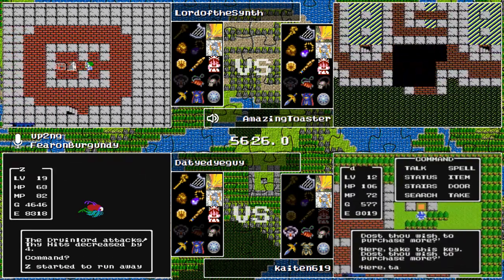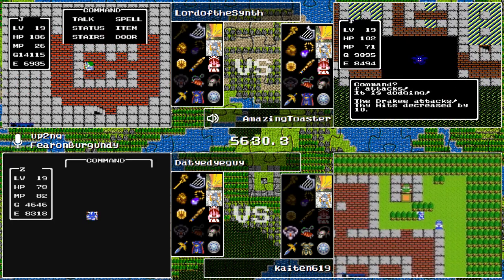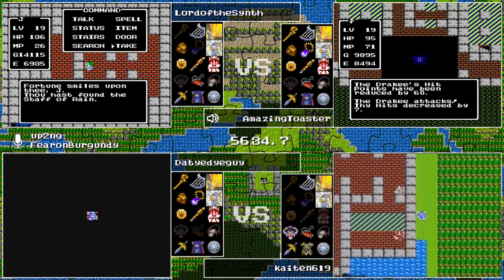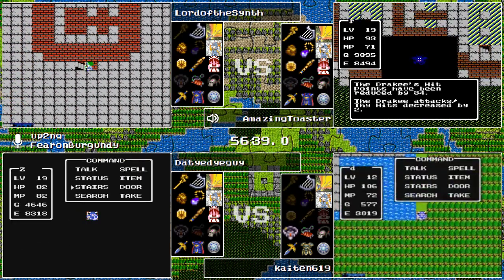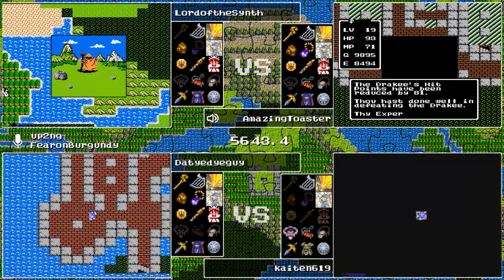Meanwhile, the Datyedyeguy, I believe, is on the bottom levels of Sharlock. He's got a bit more MP saved up. Maybe AmazingToaster feels like he's going to have to go back and heal up at an inn first anyways, so he's just doing a little grinding. And he'll definitely be able to get to 20 at the rate that he's going, but...